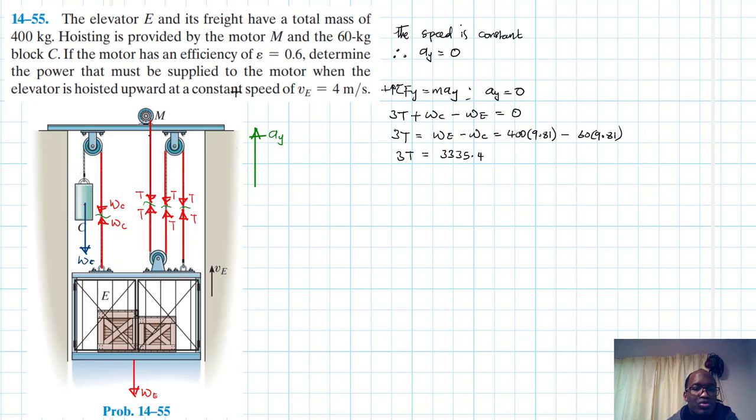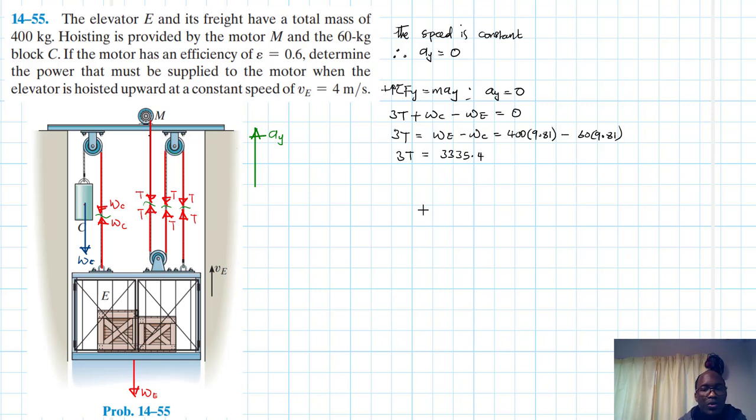And therefore, when it comes to calculating the power that is supplied to the motor, we are just going to use the cables that are connected to the motor. Or if you want to, you could determine the velocity in just this one cable and the tension, where you just divide this by 3 and work it out. Or you can use the three cables as they are and use this as the force